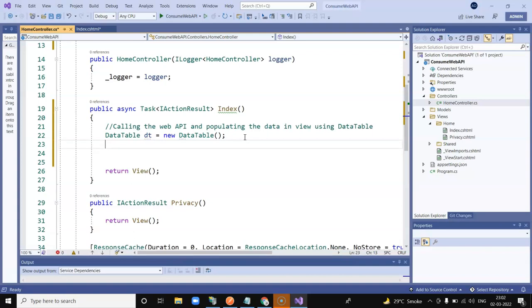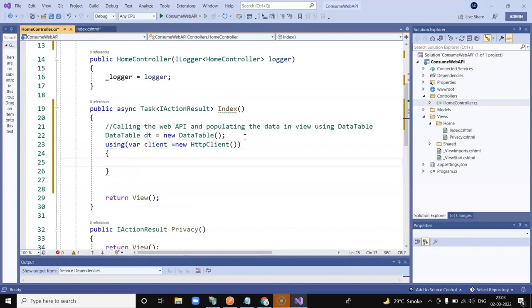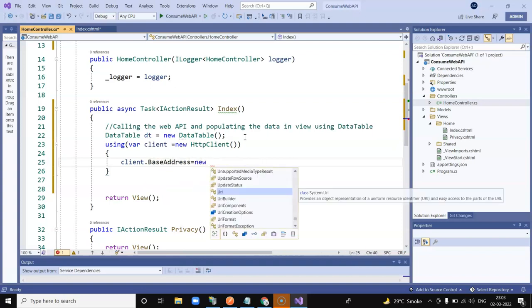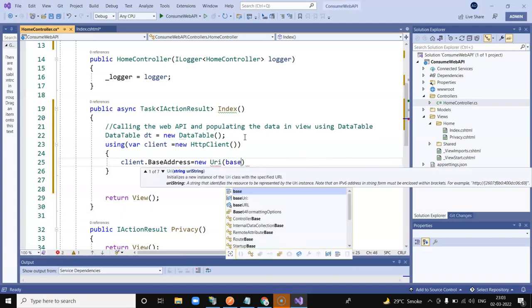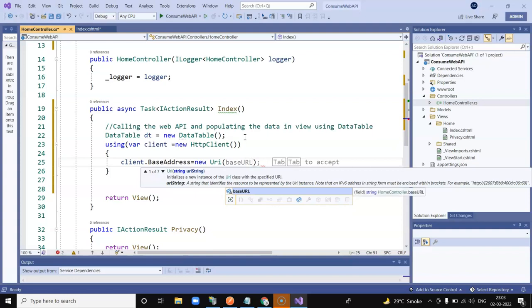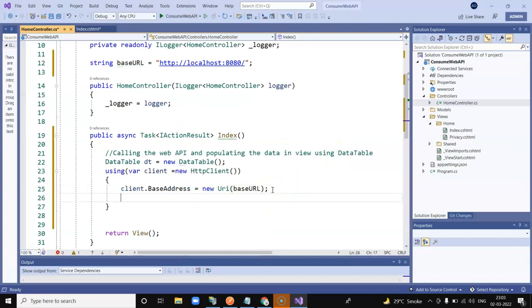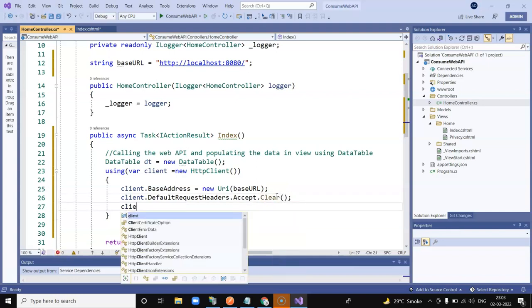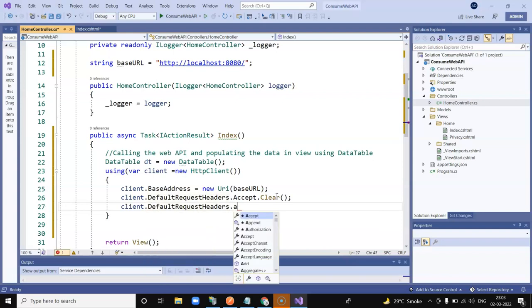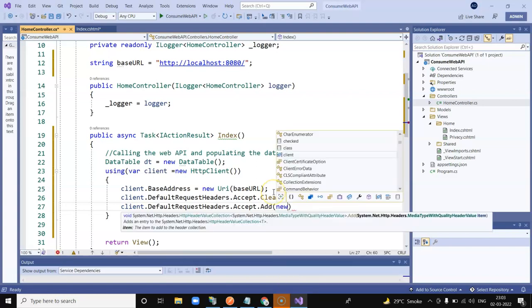Now I'm going to use the HttpClient code. So using HttpClient, this is client dot BaseAddress. New Uri, and this will be my base URL which I declared at the top, which I declared over here. So this is my base URL. Then client dot DefaultRequestHeaders dot Accept dot Clear, and client dot DefaultRequestHeaders dot Accept dot Add new